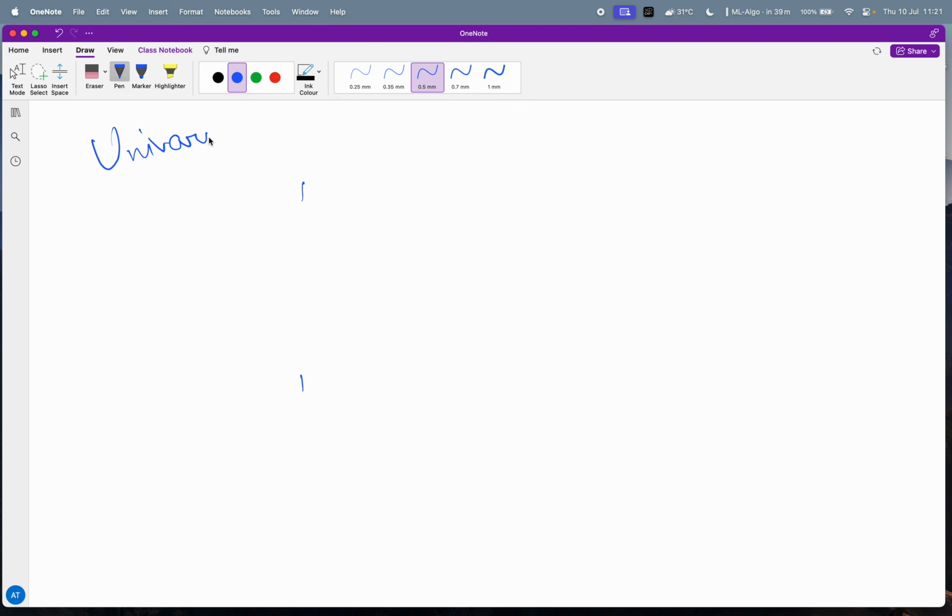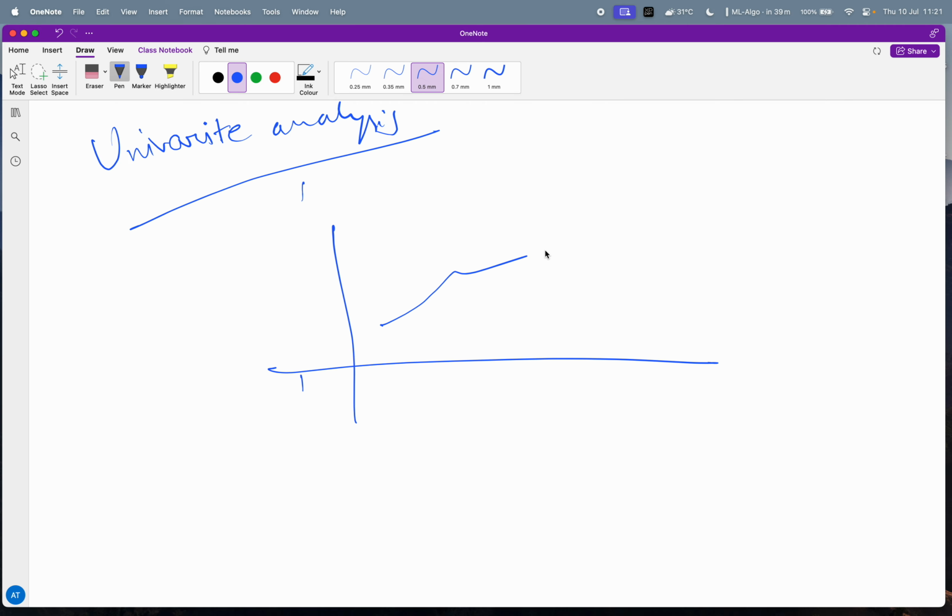Univariate analysis. Univariate analysis means only one thing you want to plot. Only one thing you are plotting. One column or one data you are plotting. But